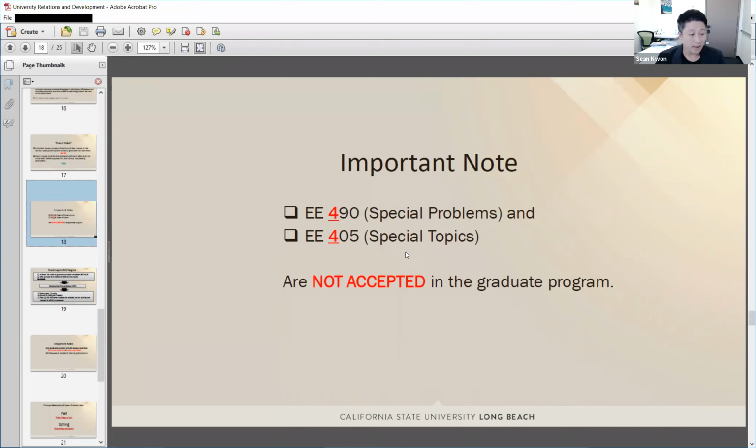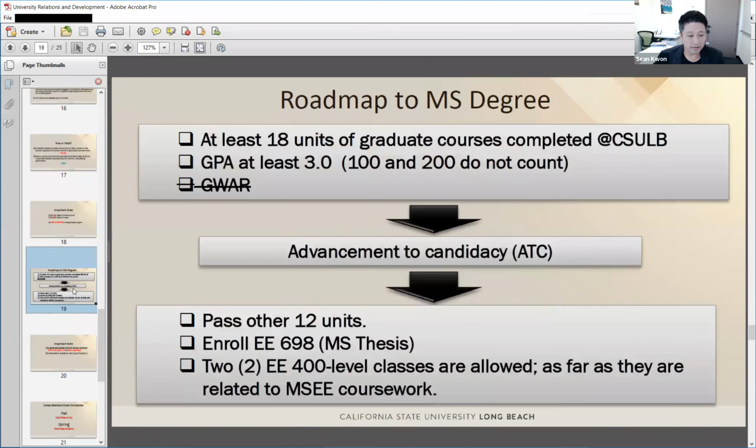In the next slide, I think I explained that. Yes, basically you still need to take 10 graduate classes at 3 units per class, in total 30 units. It requires completing 5 mandatory classes and 5 more EE 500 level classes.